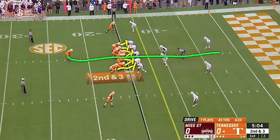Okay, the duo dive concept. Now, the article already goes through this a little bit, but it's a lot easier to conceptualize it here. So, bringing Jim Chaney over from Georgia, it was a lot of, from under center, a mix between inside zone slams and duo dives. Duo dives were Tennessee's most successful run play on the season with a 56.3% success rate,